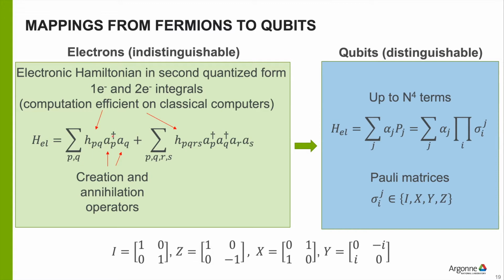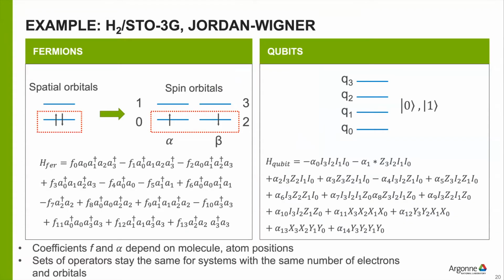And these are creation and annihilation operators. And when we map it onto a quantum computer, regardless of the mapping that we're using, we end up with the expression for the Hamiltonian as a linear combination of these products, where these alphas depend on these electron integrals, and these sigmas are basically Pauli matrices, which are the simple Pauli matrices that are right here: the identity matrix and the X, Y, and Z matrices. So once we're done with the mapping,